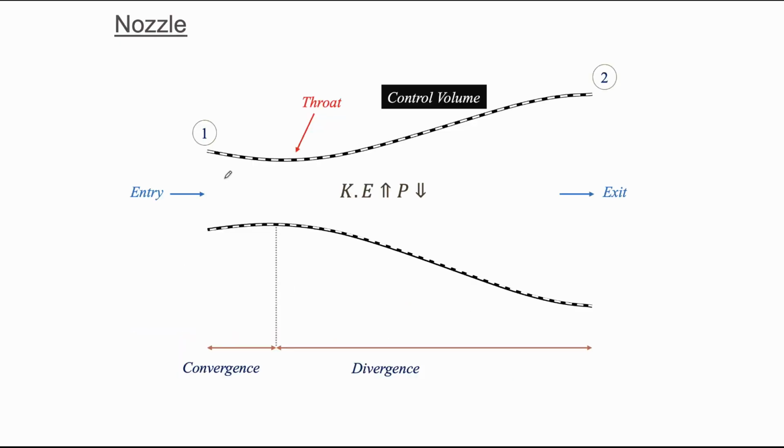The next system where we are going to apply the steady flow energy equation is a nozzle. So in a nozzle, fluid enters at the converging part, passes through the throat, and then in the diverging part, it suddenly expands and there is a pressure drop, and because of the expansion the gas will also accelerate. So because of that, the kinetic energy of the gas increases at the cost of pressure